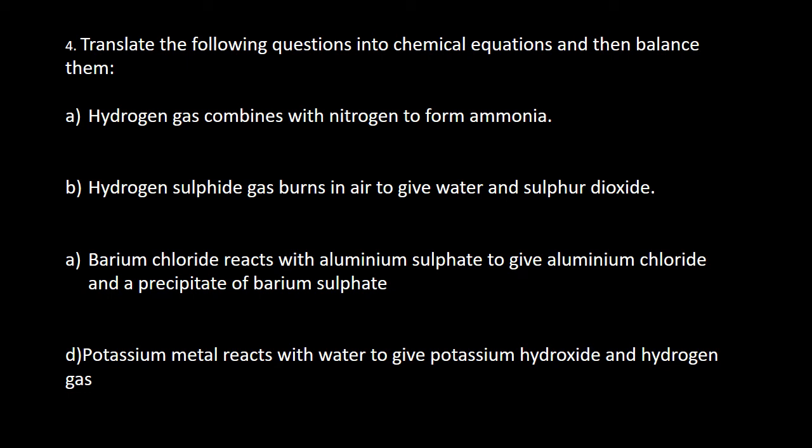Hydrogen gas combines with nitrogen gas to form ammonia. So how to write the symbol for hydrogen? I told you, you have to mention the molecular formula. So it is a gas combines with the nitrogen gas to form ammonia, NH3. This is again a gas. Now make it 6 on both the sides. I told you the trick how to do it. So 2 NH3 and 3 H2. This is already balanced now.